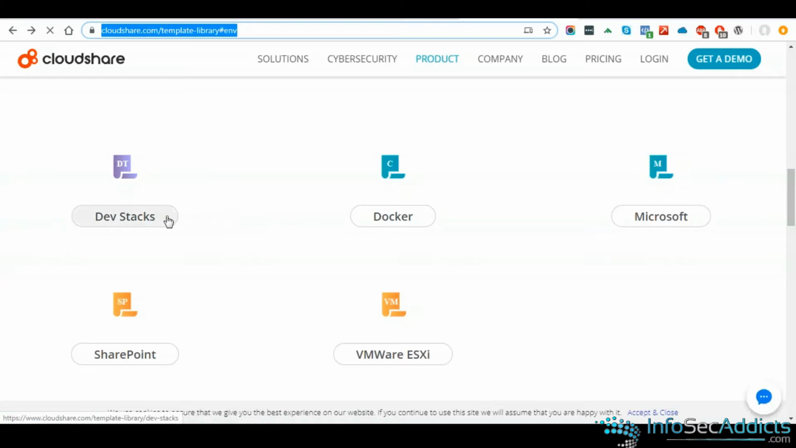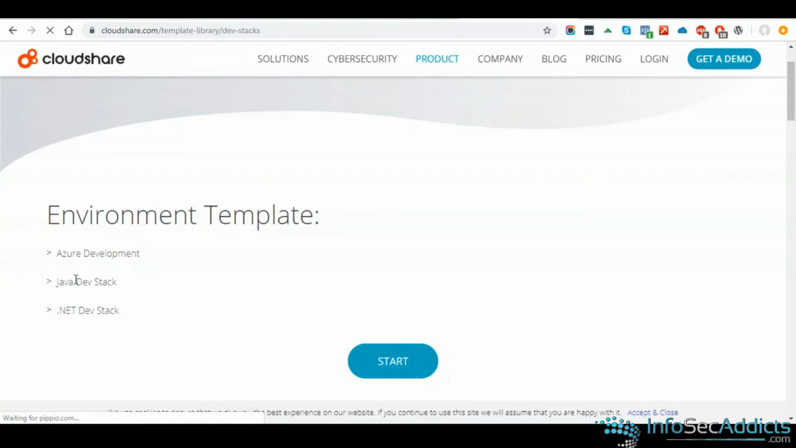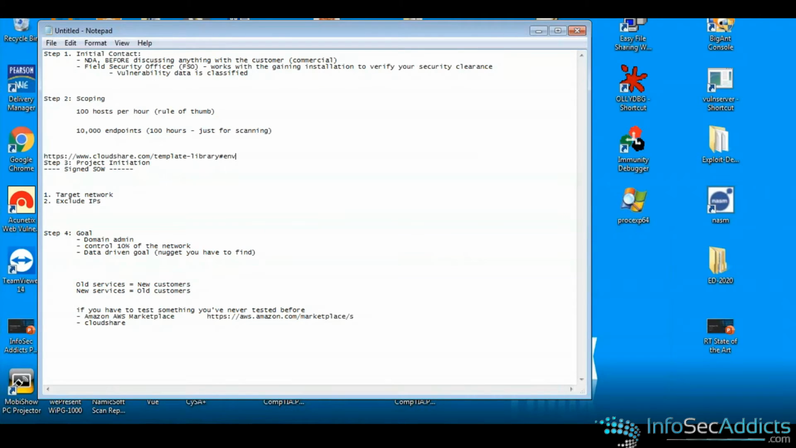So if the customer's running a Java dev stack, where they need Spring MVC and all that kind of stuff, I go to here and I spin that up. And that'll give me JBoss and Glassfish, you know what I mean? All right. Now, I'm sorry to have been so long-winded, guys, but I was really trying to give you like